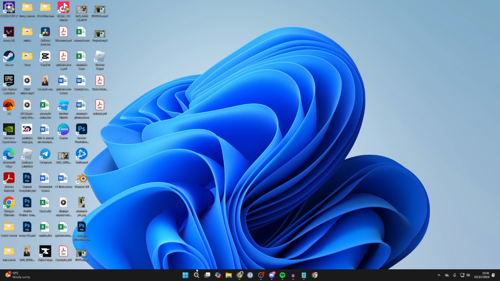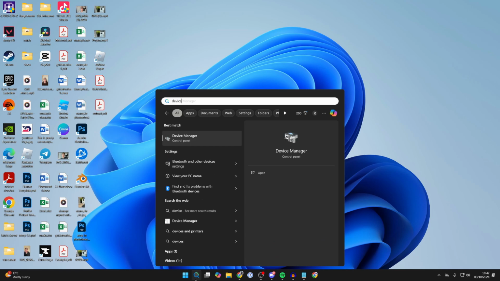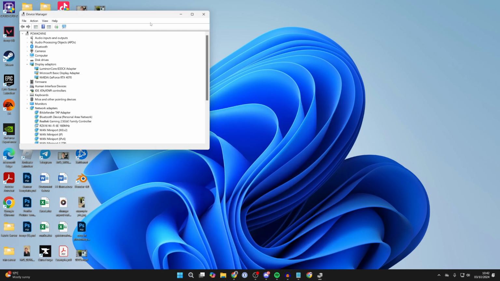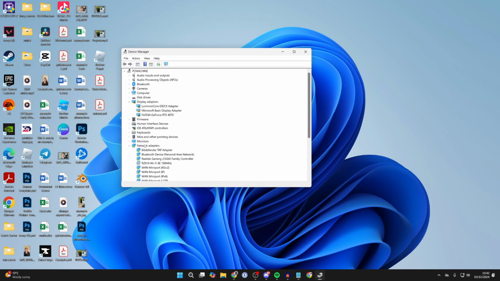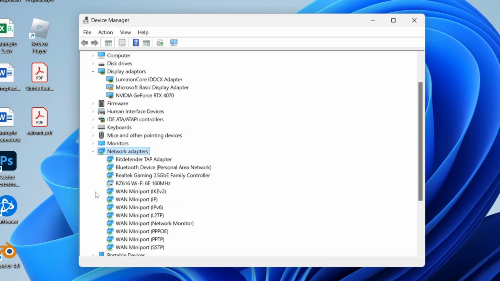Come to the bottom of your computer and click on Search and type in Device Manager like so. Then find Network Adapters, go to the left and click on the arrow to expand it. Check this list and make sure it's definitely missing. In some cases, it may just be disabled, so it'll make it look like it's missing because Wi-Fi is missing from your computer. But if you right click on it and then click on Enable Device, it'll take a moment to